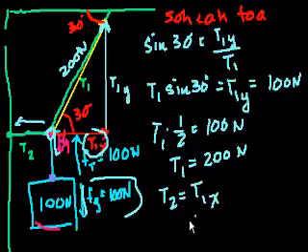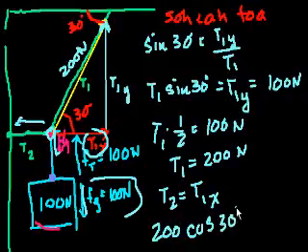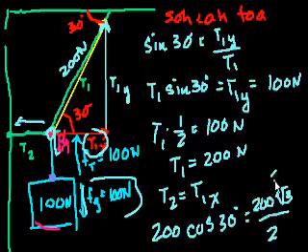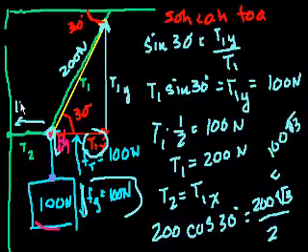And what's the x component? Well, it's going to be the tension in the first wire, 200 newtons, times the cosine of 30 degrees, because it's adjacent over hypotenuse. And that's square root of 3 over 2. So it's 200 times the square root of 3 over 2, which equals 100 square roots of 3. So the tension in this wire is 100 square roots of 3, which completely offsets the x component of the first wire, which is 100 square roots of 3 newtons to the right. Hopefully I didn't confuse you. See you in the next video.